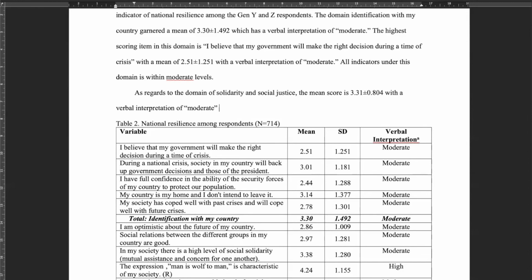So that is your answer. So what is the level? It's moderate, no? And then the highest scoring